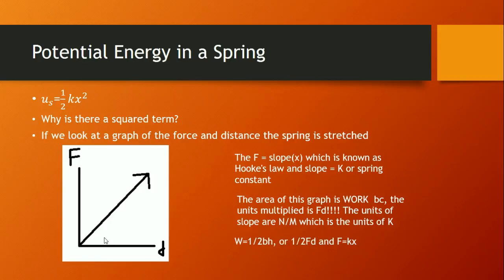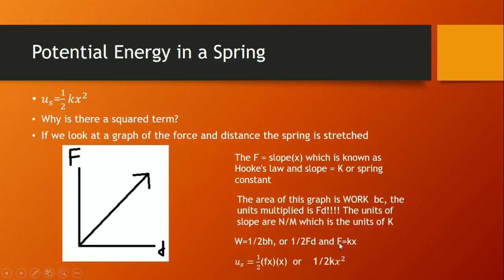And so because work is, in this case, the area of the graph, it is 1/2 base times height, because we have a triangle. 1/2, and then base is the distance, height is the force. So we basically have 1/2 force times distance. Okay, and since Hooke's law says that force equals slope, or k, which is the spring constant, times distance, or x we're going to call it,